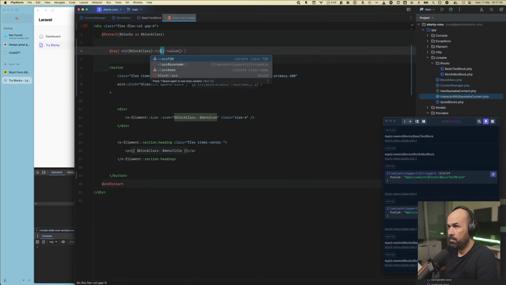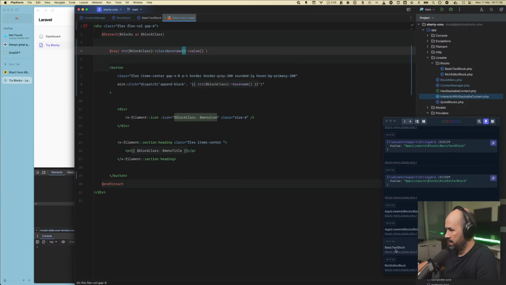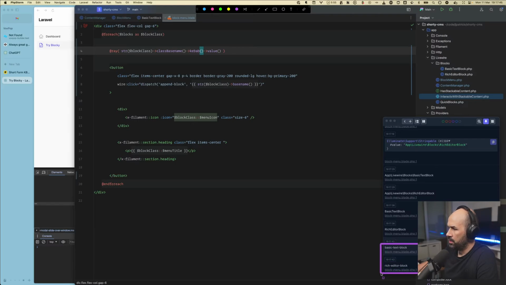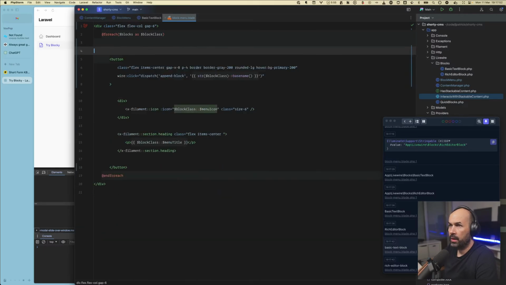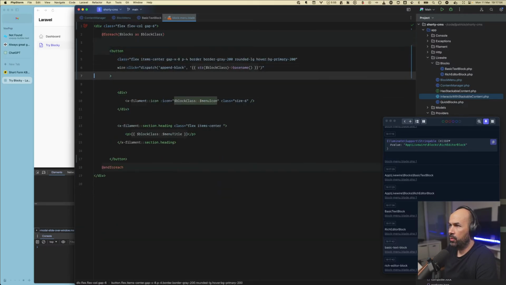Base name, class base name, basic text block almost. So now we want to kebab, right? Here we go. Basic text block, rich editor block. So this is what we're looking for, and we want to emit an append block